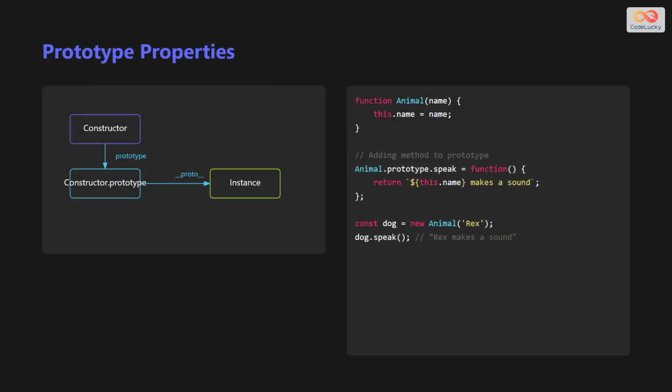Every constructor function in JavaScript has a prototype property which is an object. When you create an object using a constructor function, the newly created object inherits properties and methods from the constructor's prototype. This mechanism is known as prototypal inheritance. The diagram illustrates this concept, with the constructor function pointing to its prototype and the instance pointing to the prototype through its